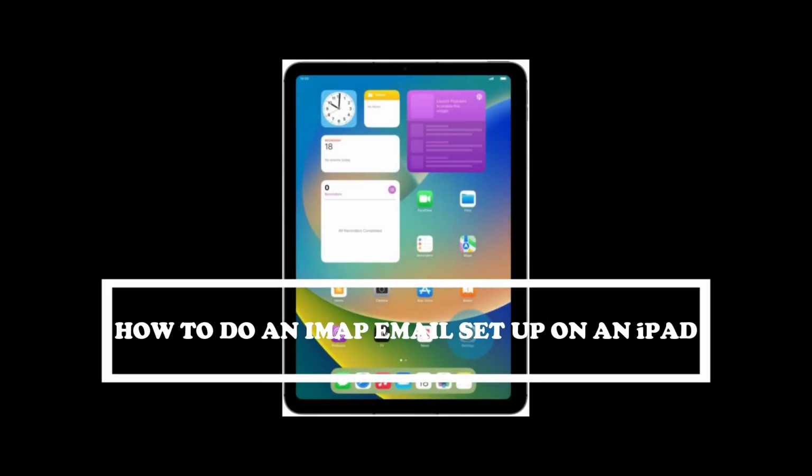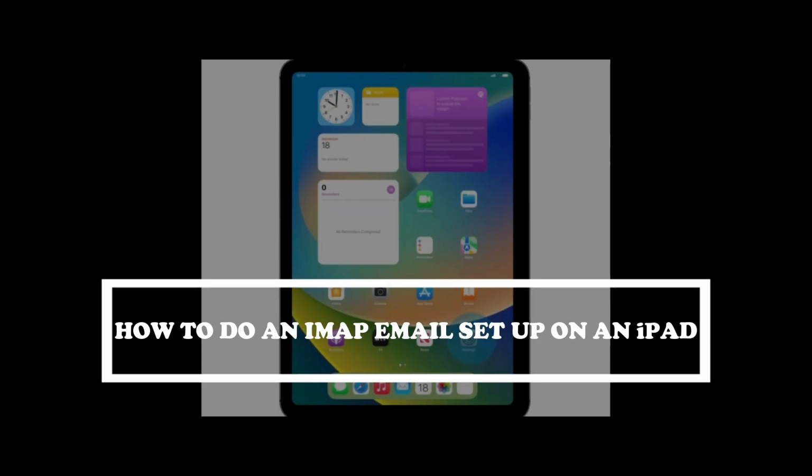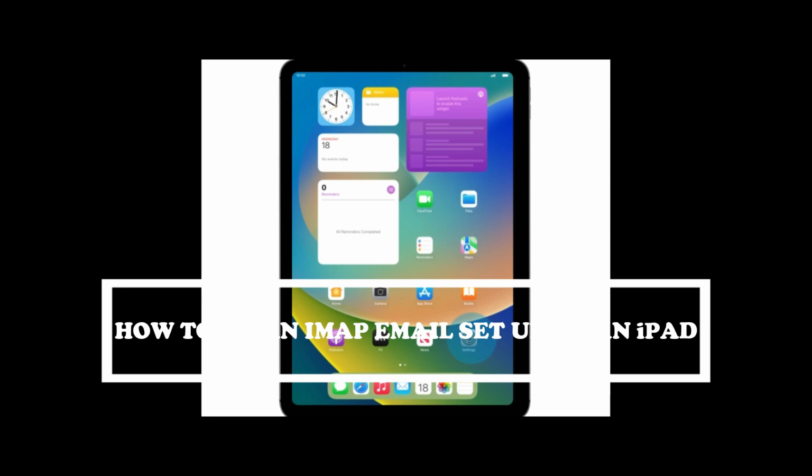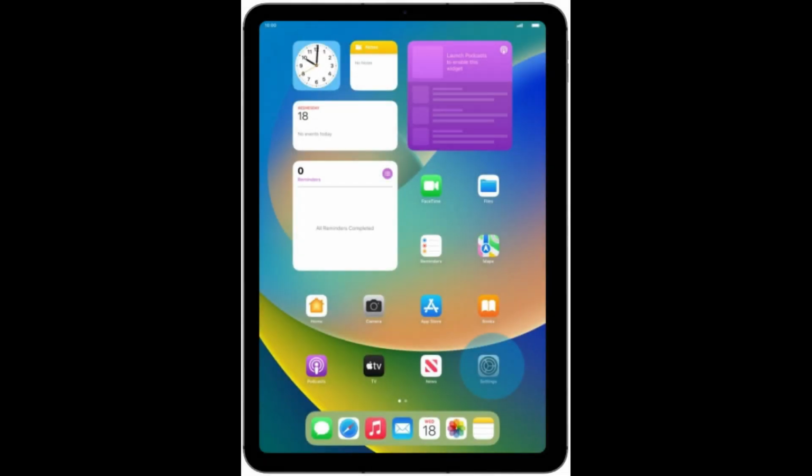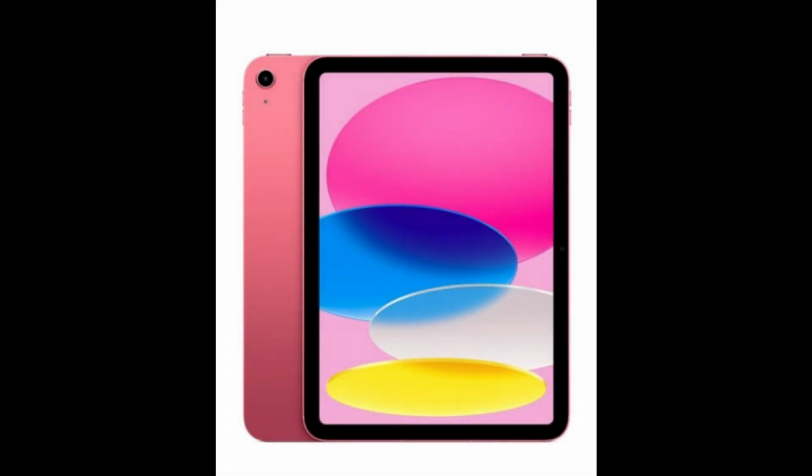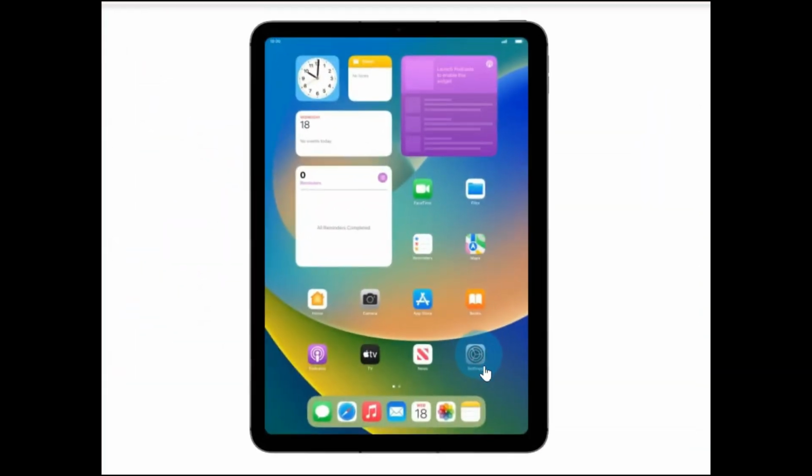In today's video, we will learn how to do an IMAP email setup on an iPad. So let's get to it. First of all, you can use this method for any version of old or new iPads, like iPad Pro, iPad Mini. Now, in order to begin with, we need to find the Settings icon on the iPad screen, which looks